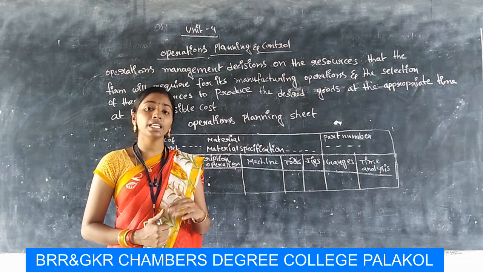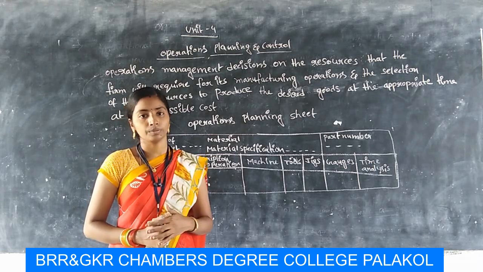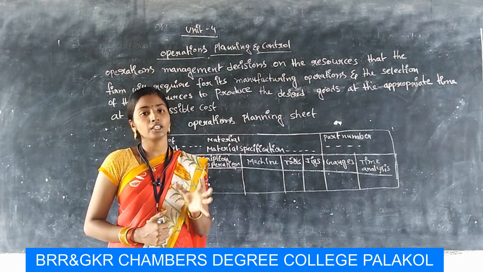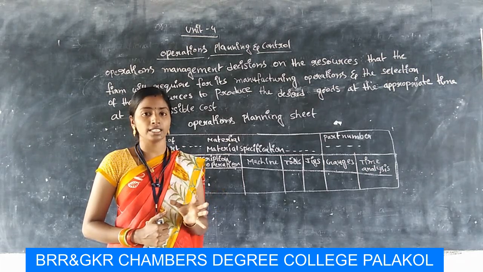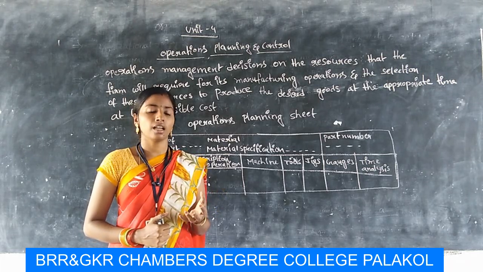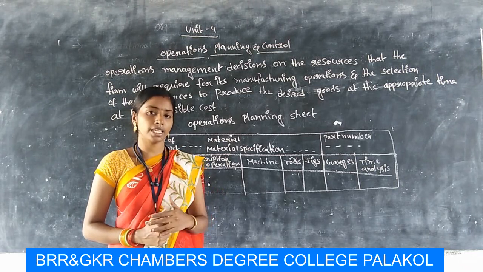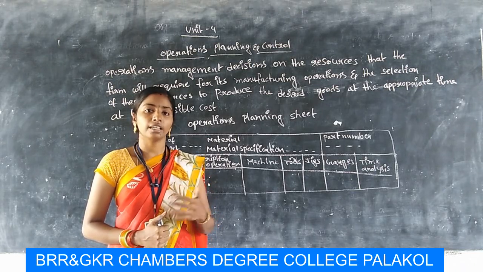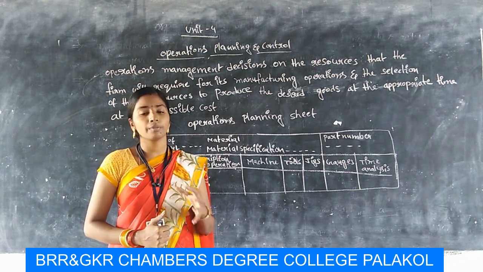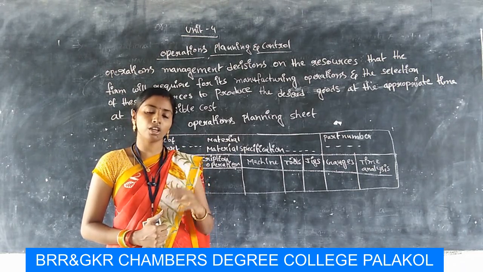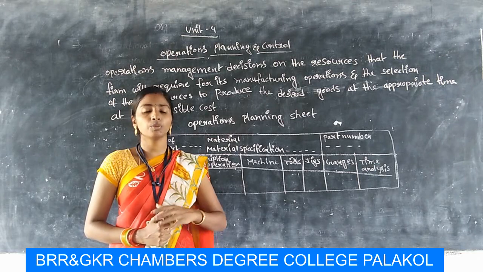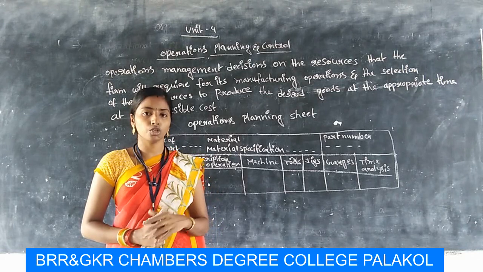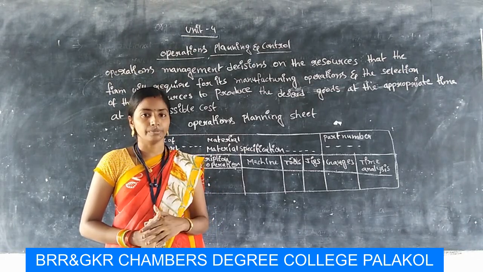Operations planning is a prerequisite to operations control. First we plan different kinds of procedures. Then we control the activities by comparing the estimates and actuals. That's why I am saying that operations planning is a prerequisite to operations control, and it is the basis for manufacturing. What you are producing in the organization, at what quantity you are producing, what raw materials you are utilizing, all these elements should be noted in operations planning.